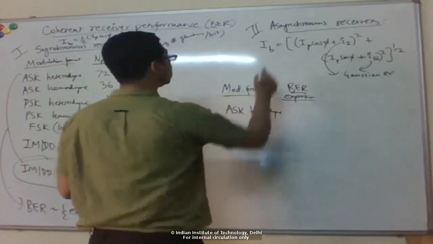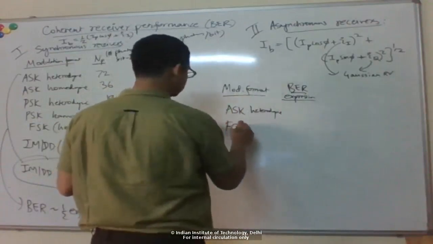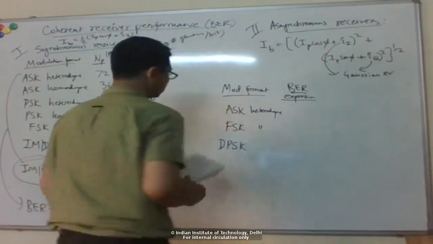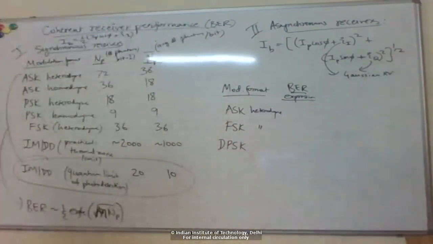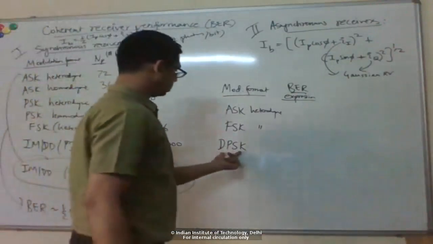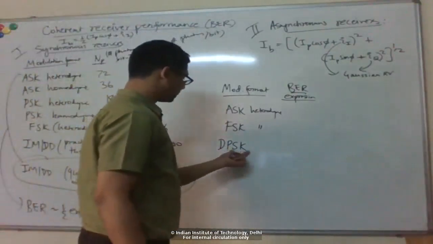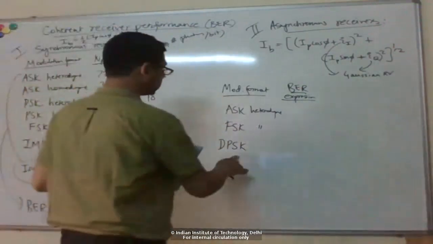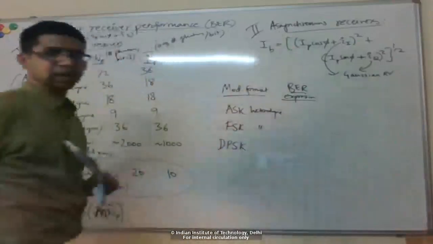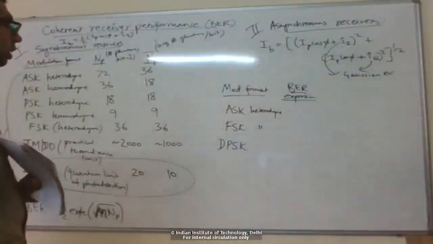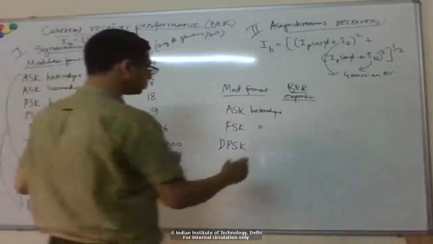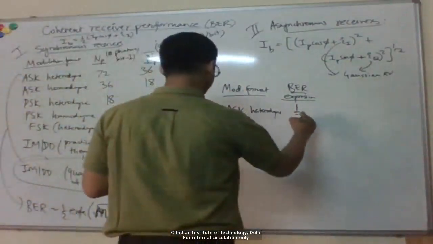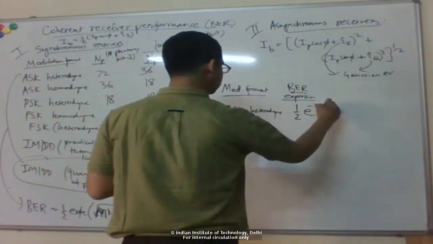So again, we have heterodyne only for asynchronous, so it could be ASK, FSK, or DPSK, which was a more practical case of the phase shift keying, where we look at the differences in the phase of consecutive bits, and we saw how we could implement an asynchronous receiver for that just by having 1 bit delay and then taking the product of the two. Okay, so if you look at these modulation schemes, then the BER expression here comes out to be exponential